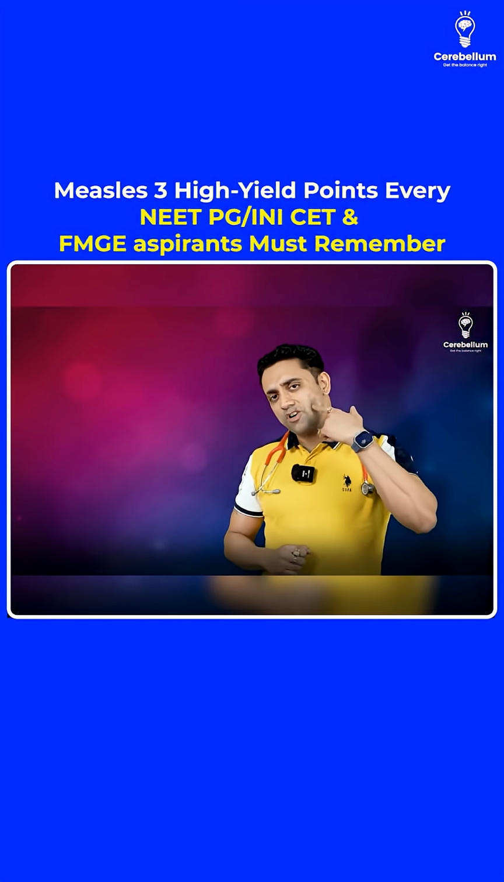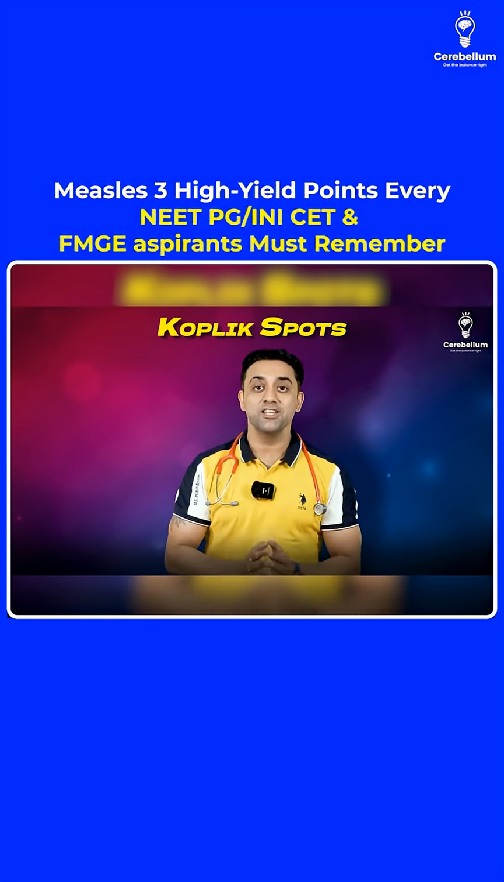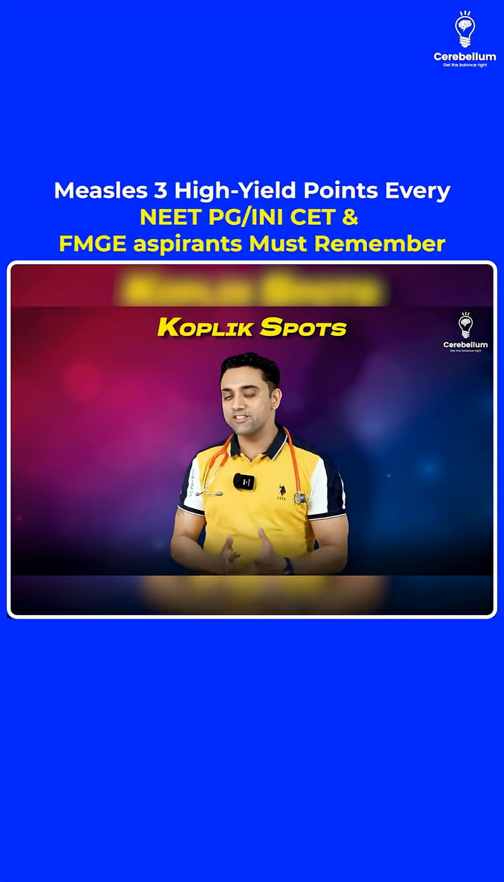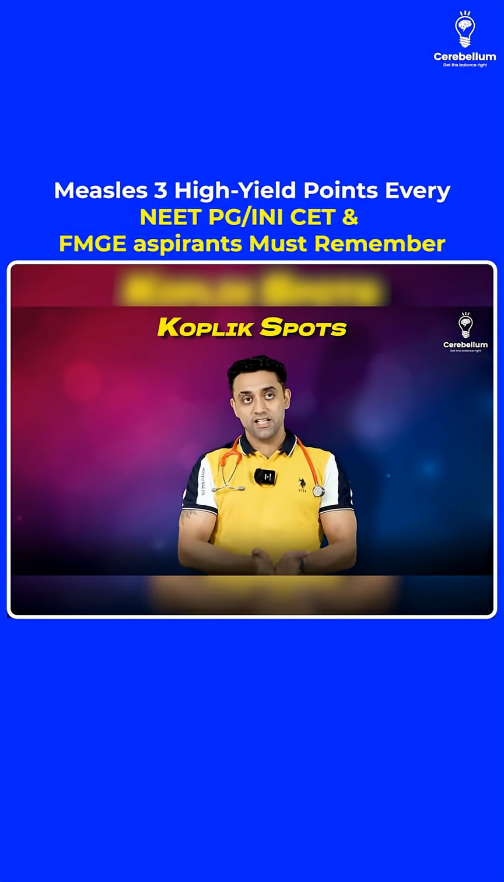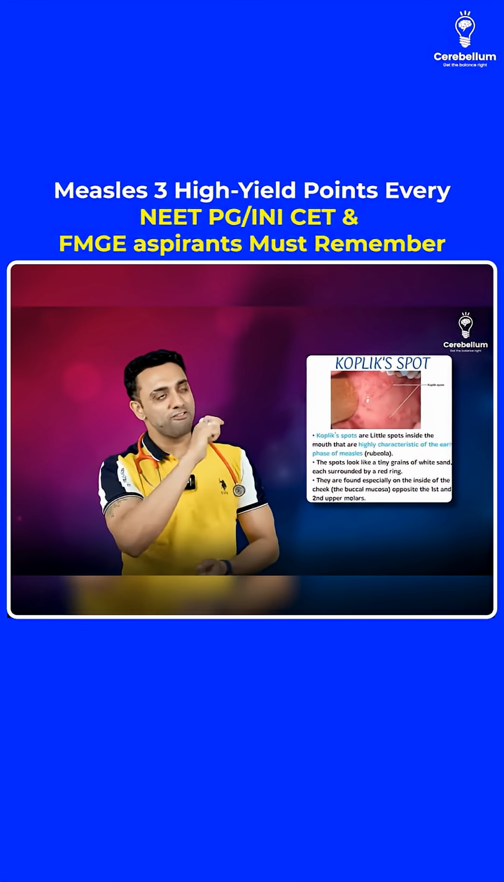And what is the spot you see in a case of measles? Yes, bang on answer. The answer is Koplik spots. Koplik spots is something you see in a case of measles, which is seen basically opposite to the first and second molar, small whitish